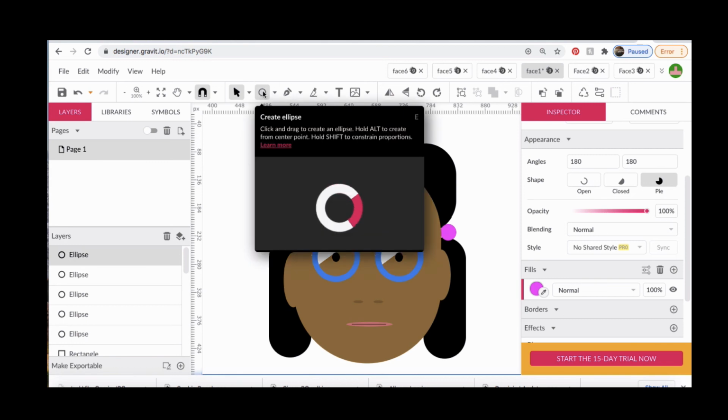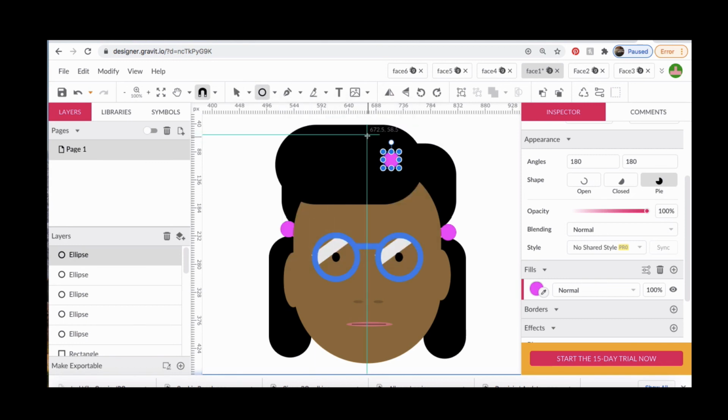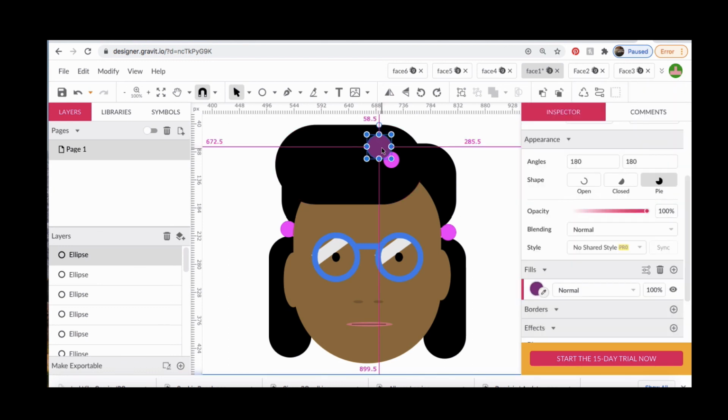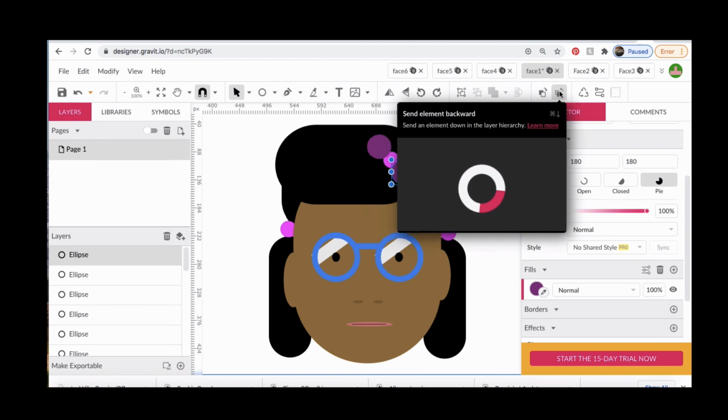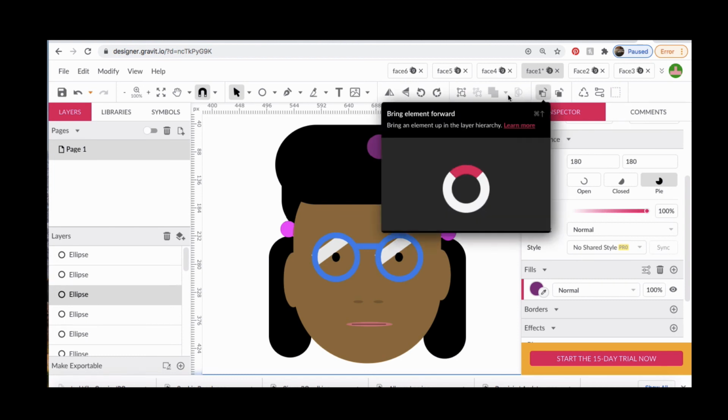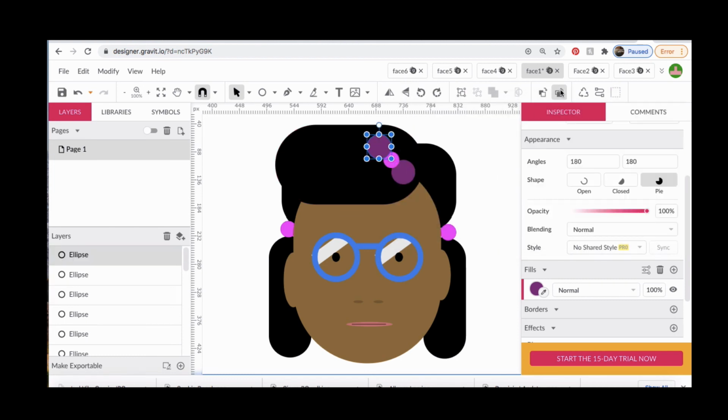And now let's make another ellipse in a little bit different color. Alright, and we will hold down Alt and drag off another copy of that. And let's send those, move those back. Send element backward with this send element backward button until it is behind the center. Okay,